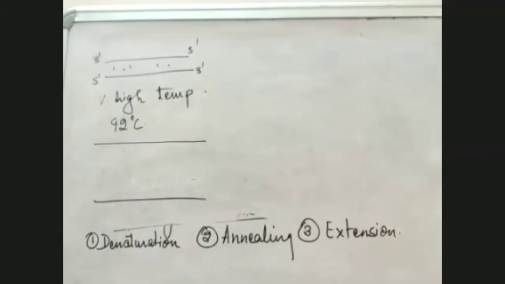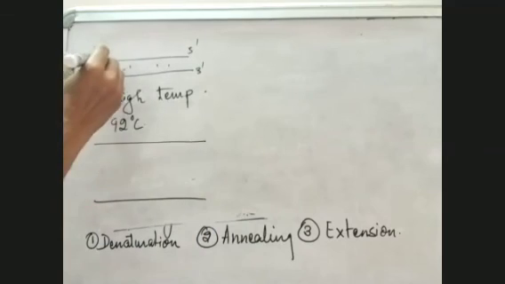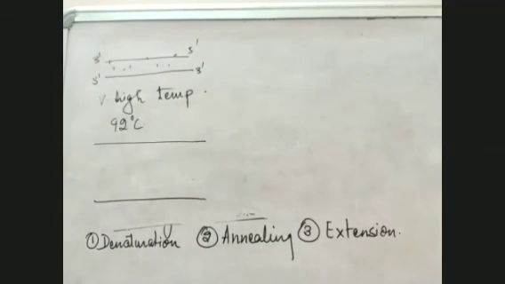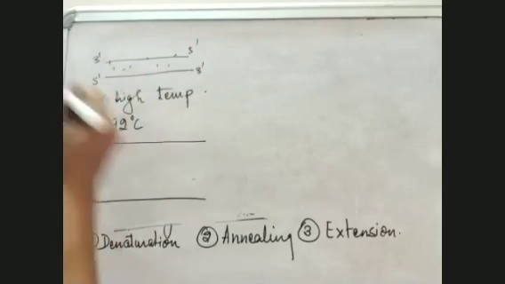What will happen if more than this temperature is used? If more than this temperature is used, then the phosphodiester bonds will also break, and then we'll get many fragments of it which will be of no use. So the appropriate temperature to which the DNA strands are exposed is 92 degrees centigrade, when both the strands of DNA get separated. Then we come to the second process of this, which is annealing. In annealing, what is done is, this was the first process.